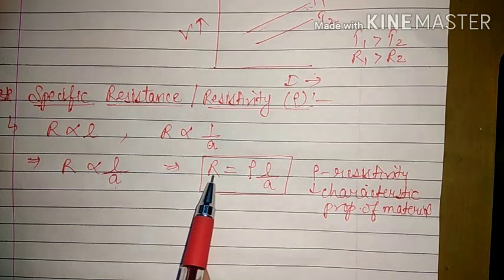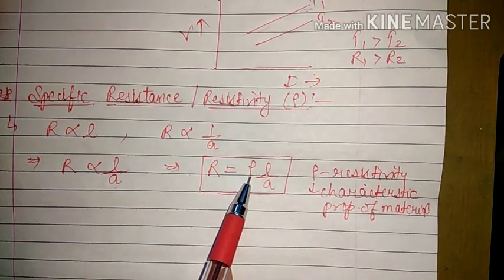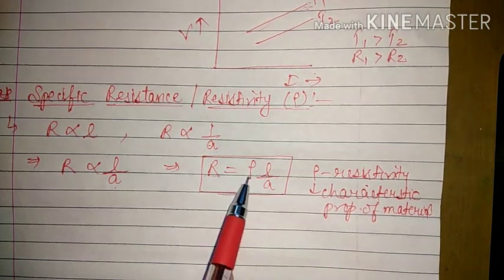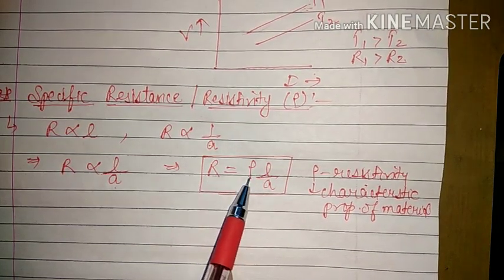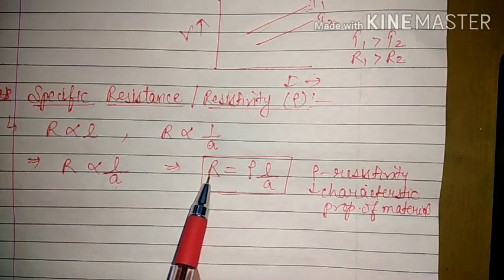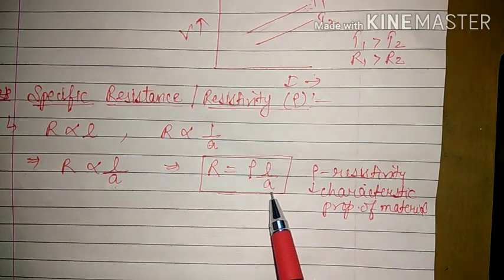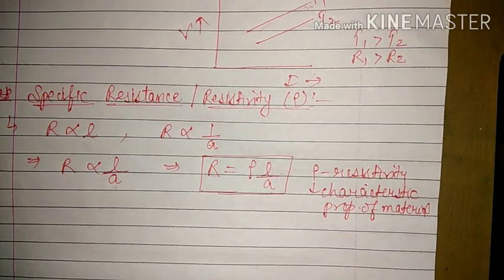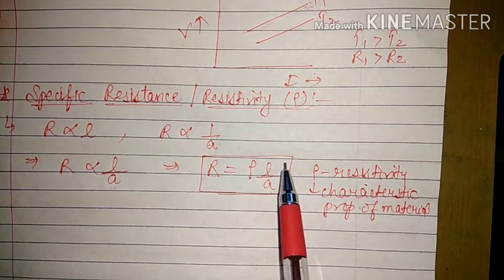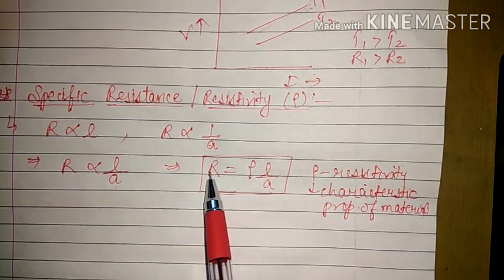That's why when we studied the factors affecting the resistance, the first point was the material itself, because as soon as the material or the conducting wire changes, the resistivity will change, and hence the resistance will also change. Along with that, if the length of the wire changes, or the cross-section area changes, or the temperature changes, then the resistance of the wire will change. But right now we are studying resistivity, not resistance.